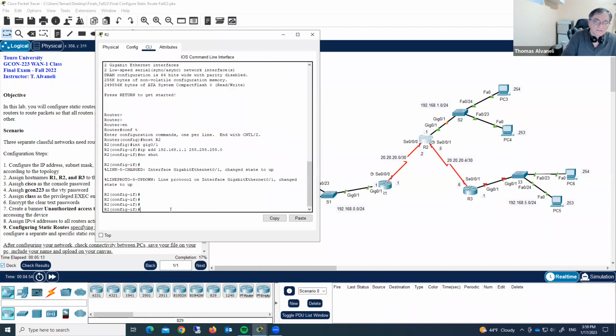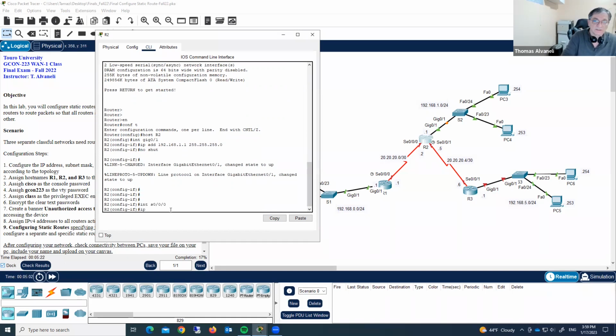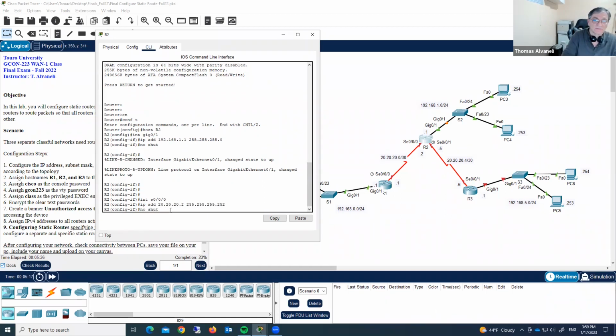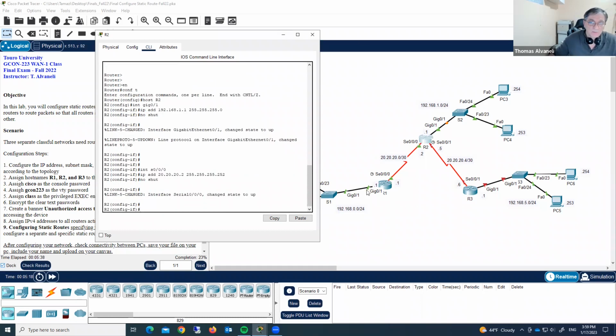Okay, now serial 0/0/0. Interface serial 0/0/0, and the IP address is 20.20.20.2 with subnet mask 255.255.255.252 and no shutdown. And now both interfaces are up, and we have left serial